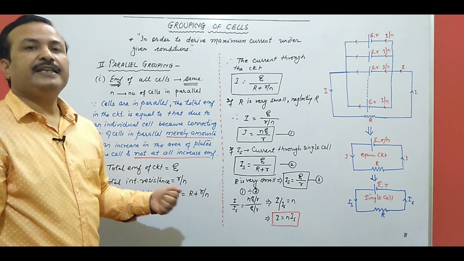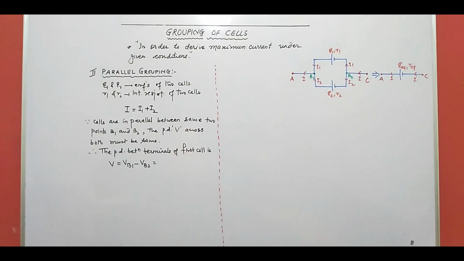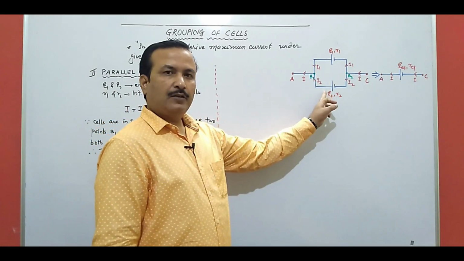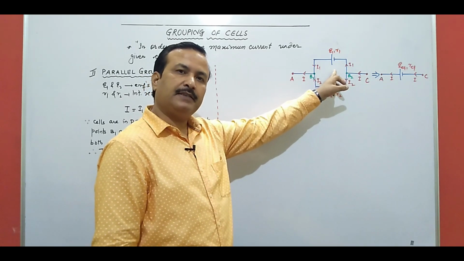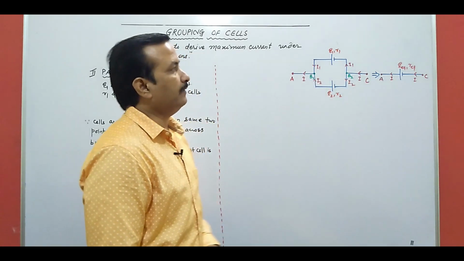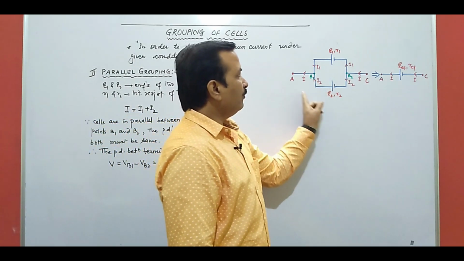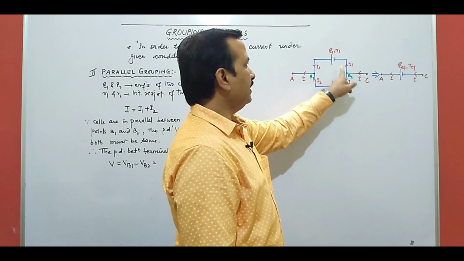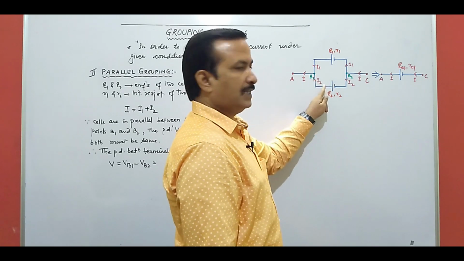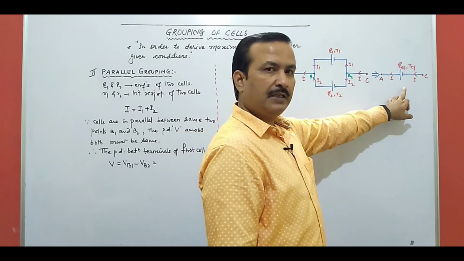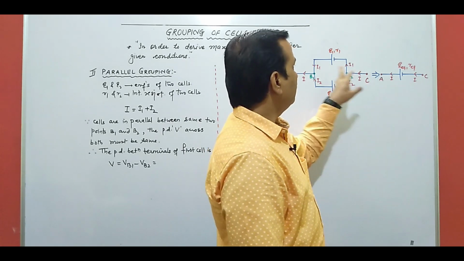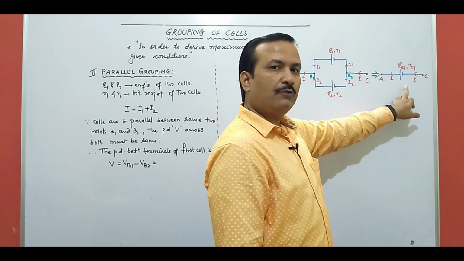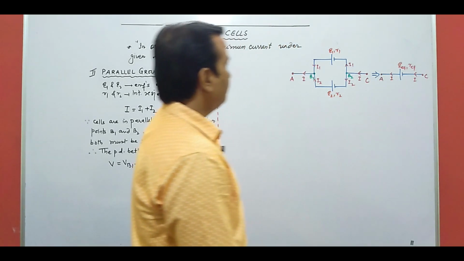Now we will see when the EMF is different. Now we have taken the two cells of different EMF and different internal resistance. The EMF of both is different, internal resistance is different. Current I is flowing, and see that this I is getting divided into two, I1 and I2. Then again it is combining to give I. These two cells are in parallel. Here we have an equivalent resistance where we will find, instead of these two cells, we will be joining only one cell of equivalent EMF and equivalent internal resistance.